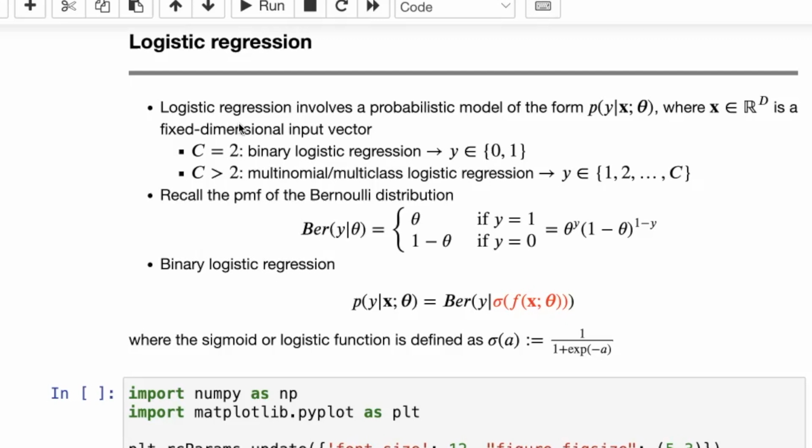To get us started, defining logistic regression involves a probabilistic model of the form P(y given x and theta). So this is what is known as conditional probability, meaning that we want to find the probability that the data point belongs to one of these two classes given the input, right? So remember in